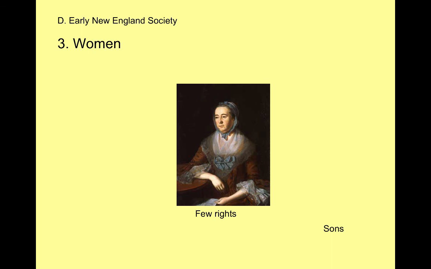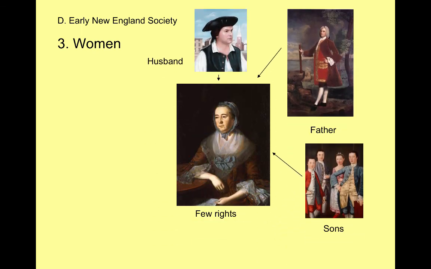But here in New England, there is no change over time. Since women come to New England with their families, there is a pretty equal male to female ratio. And so since England is patriarchal, New England is going to be patriarchal. They bring that tradition with them. And so we see England rubbing off on its colonies in the New World. Women have very few rights. Their family is led by the male, their husband.